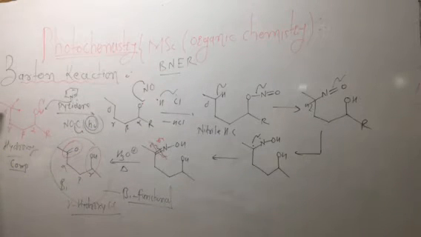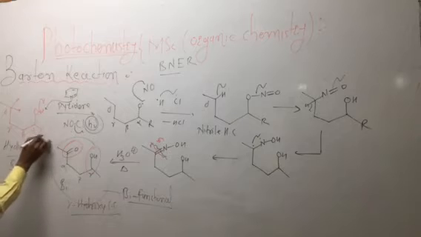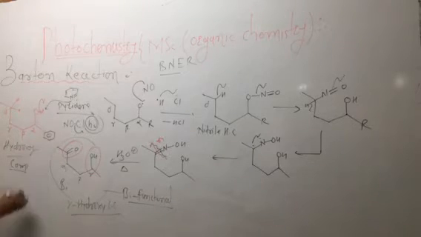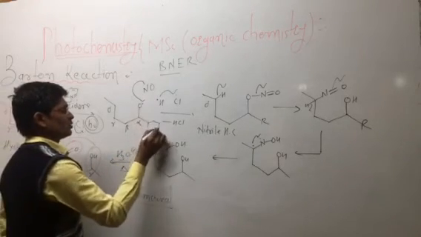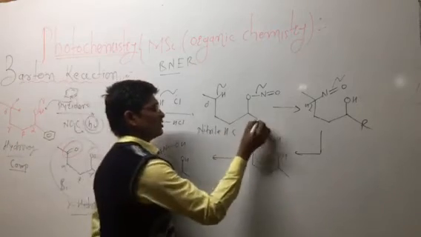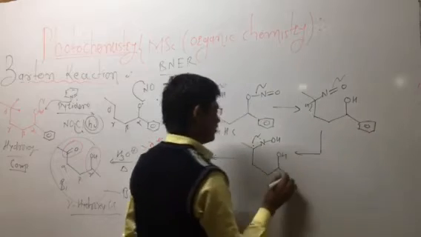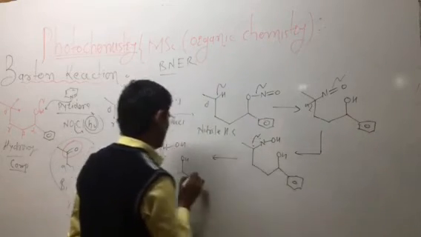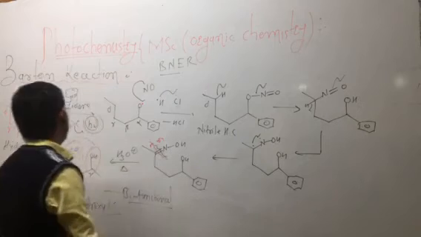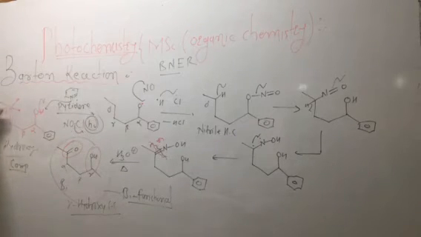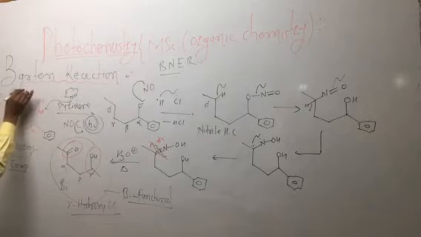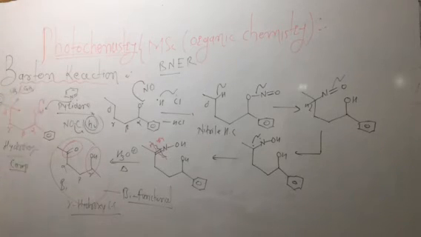Starting reactant molecule. Suppose you have an R group; instead, we can take a phenyl group, where the benzene nucleus is present. So this is one of the applications of the Barton reaction. Instead of the R group we can take a phenyl group, an aromatic nucleus. Here we can also take a CH3 group or a C2H5 group. So this is again part of the application of the Barton reaction.